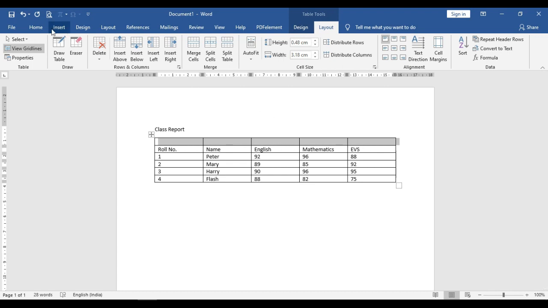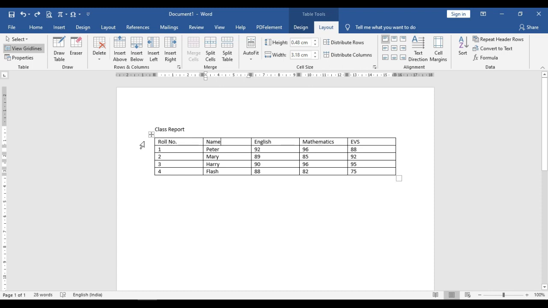Next, if you want to insert a row after this cell, then just click insert below. So the new row will appear just after the cell. This is one way of inserting columns or rows.